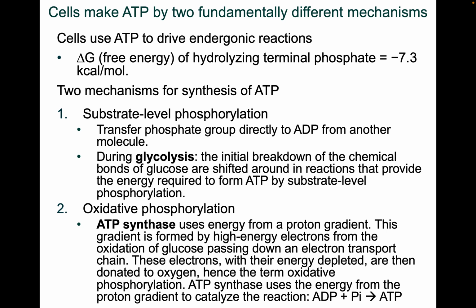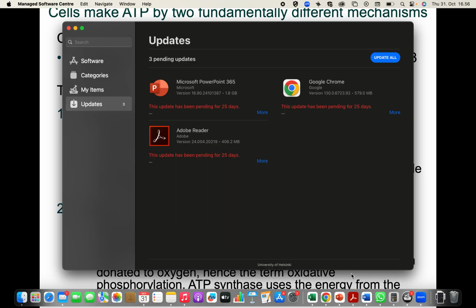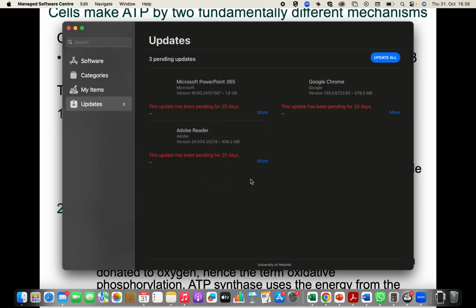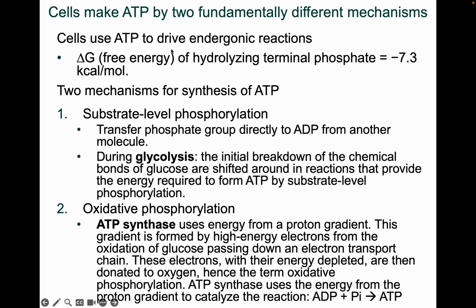So at the end, the principle of all of this is when you break down or oxidize compounds, these organic molecules, what you're trying to do is create ATP. Because as we know, ATP is literally the unit of energy. It's like the currency, because we need ATP to fuel endergonic reactions. ATP has a lot of energy stored in the phosphate bonds. So if we break one of those bonds from ATP, we get around 7 to 7.3 kilocalories per mole of free energy. And that can help us a lot to drive endergonic reactions.